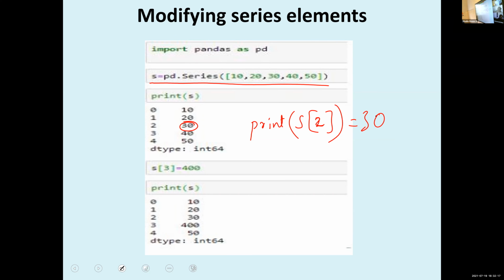Irfan, how can we print 50? Irfan, switch on the video. Irfan.